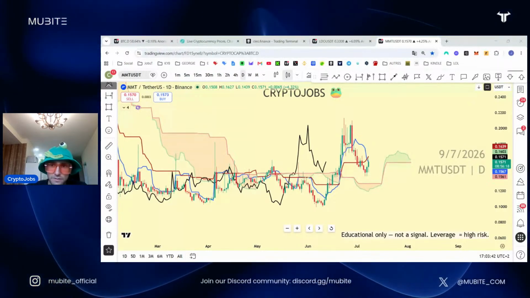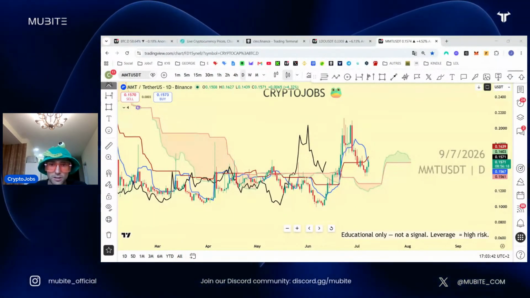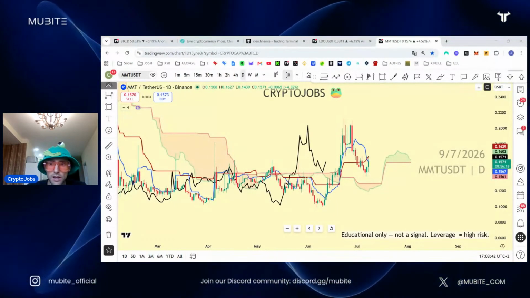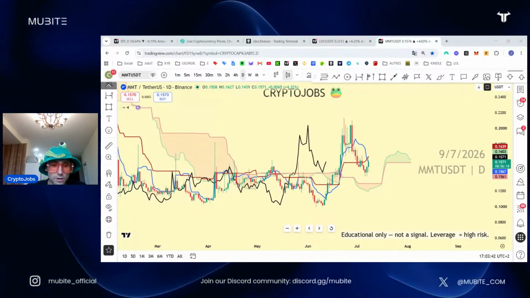Maximum leverage on MEXC, I think it's 200. It's like Binance, you don't have any restriction except if you are based in Europe, and